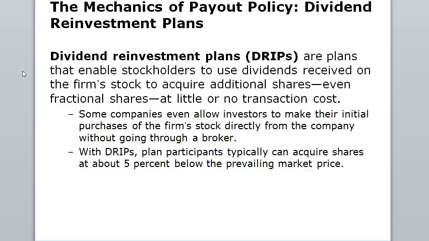Okay, let's talk about DRIPs, or dividend reinvestment plans. Dividend reinvestment plans are the only way that you can buy stock directly from companies, circumventing the stock market and the capital markets. So with a dividend reinvestment plan, you buy directly from the company. And then any dividends your shares earned, you get fractional shares from the company as well.